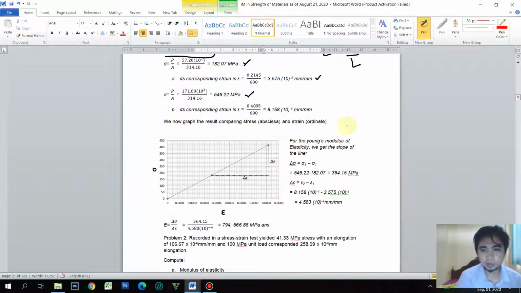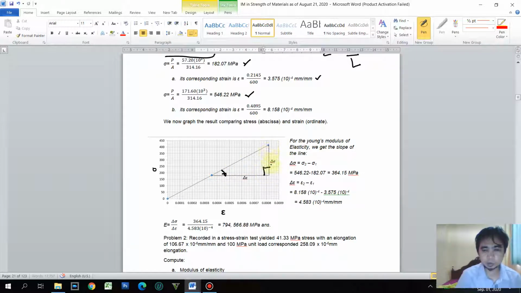Now, for the Young's modulus of elasticity, we will utilize the slope because out of these 2 points, there will be a slope in it. There will be a vertical difference, that is delta sigma or delta stress, and a horizontal difference between these 2 points. We have delta strain or delta epsilon. So in short, we have a vertical and horizontal slope, and actually we have a right triangle here, obviously forming a right triangle. So by this,